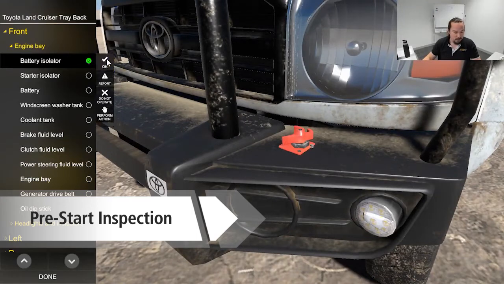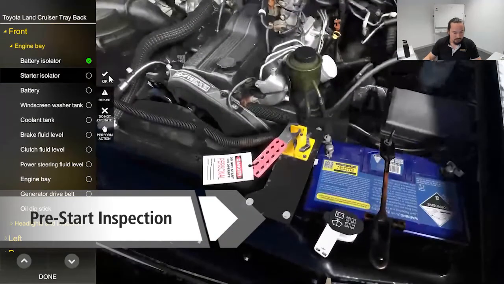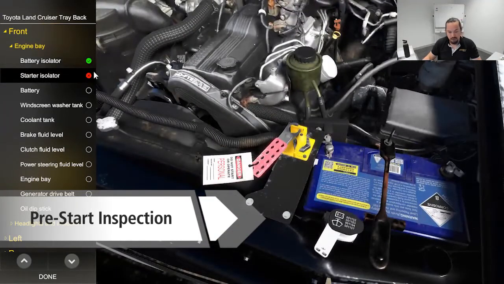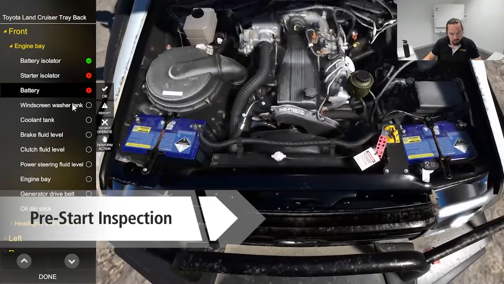Now if I go OK, I can see that I got this correct. I'll move on to the next thing and say OK again, but now I can see that I got it incorrect. So in a training mode we get instant feedback to say whether or not we got something right or wrong. And as I move through each of these components,